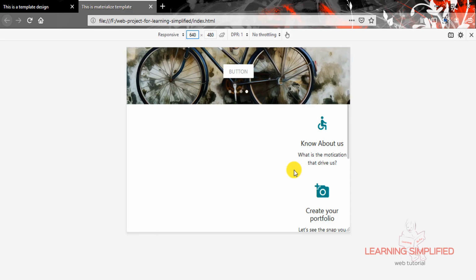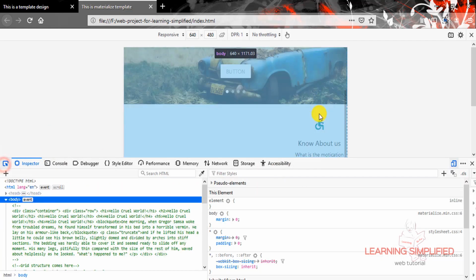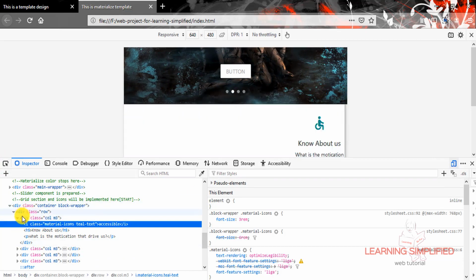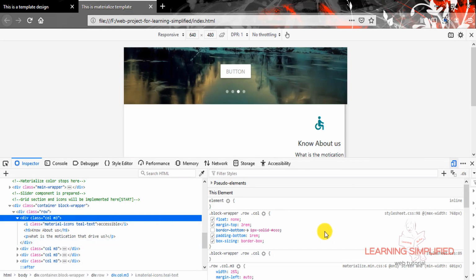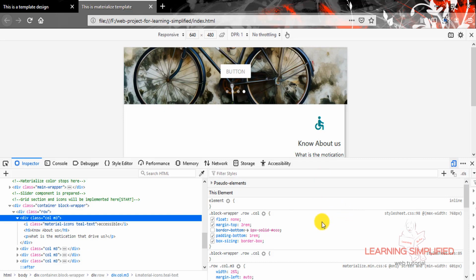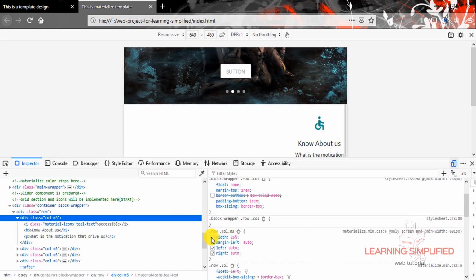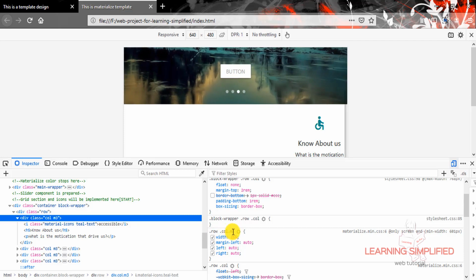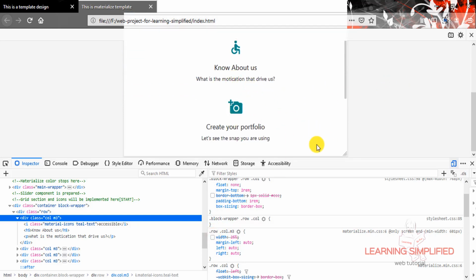So what is the problem that is going on? Press F12 again, open up the code inspector, click on this particular icon, and click over here on this div class column 3. Once you click, in this extreme right panel where the associated styles are provided, you may look through it and you can see that there goes the problem. The width is set to 25% for each col element, or the column element under a particular row. If we uncheck this box, we can see that everything comes right back into order.